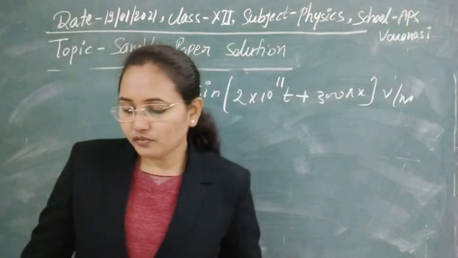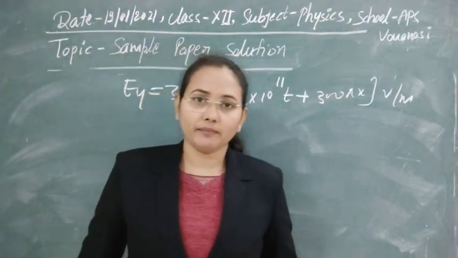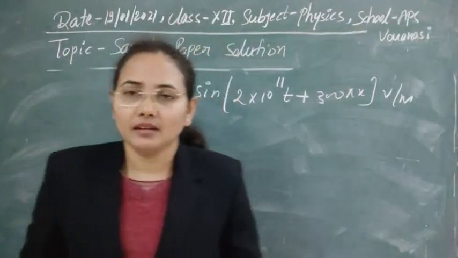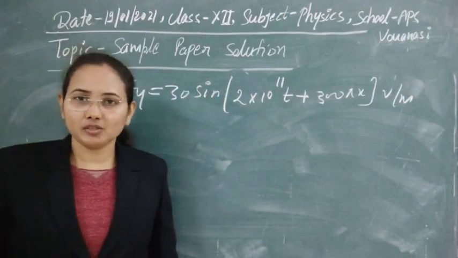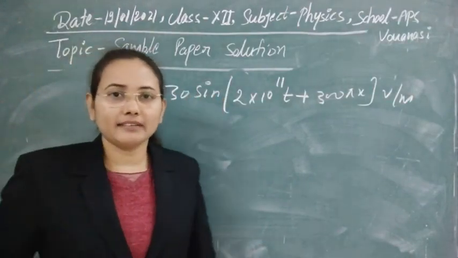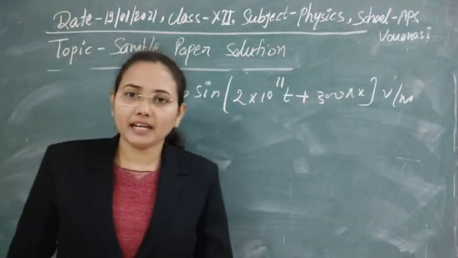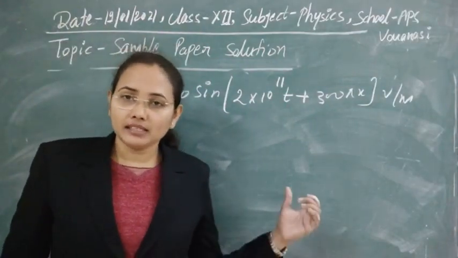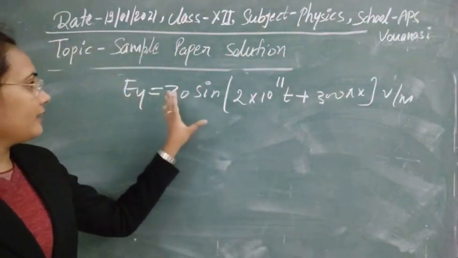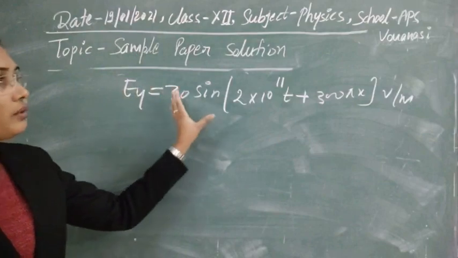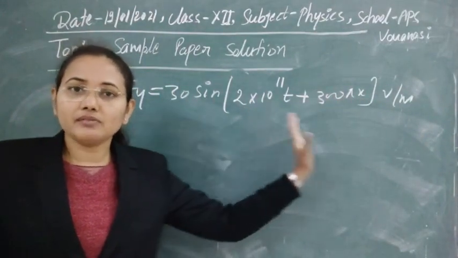So we first have to find the wavelength of the electromagnetic wave that is moving with this oscillating electric field. First of all, you have to recall the equation of a wave that you studied in the chapter on wave motion in your earlier classes. This is just like y equals a sine(omega t plus kx), so it resembles that equation.